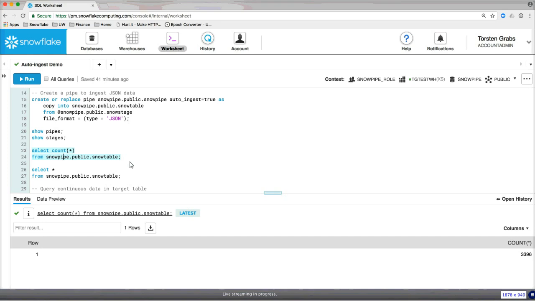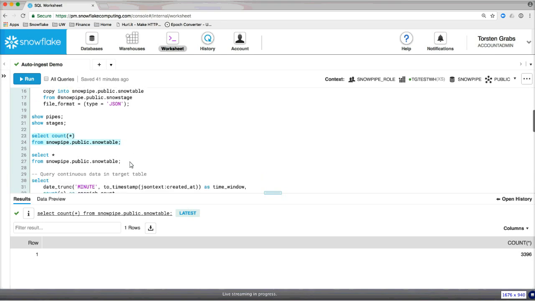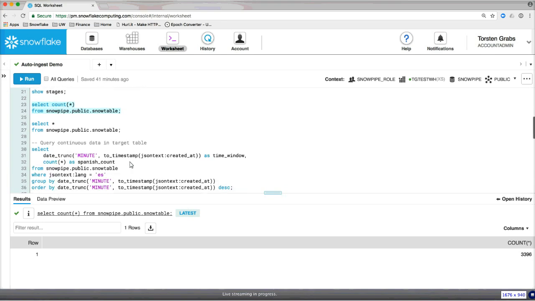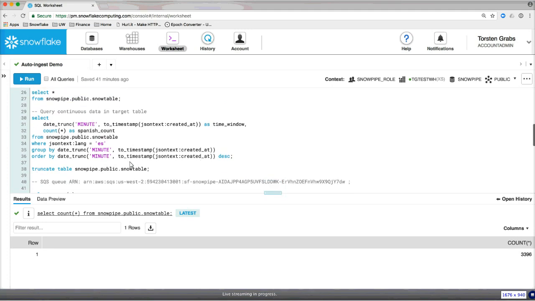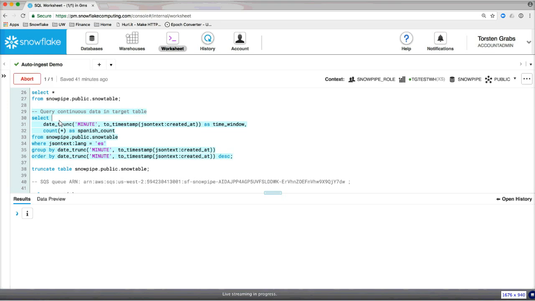So something that you would typically do with a continuous data loading pipeline like this one is to run a little bit more expressive queries. And what you typically also do is then express conditions over time. So here's a little bit more interesting query. I'll run it for you and then explain a little bit more what the query does.